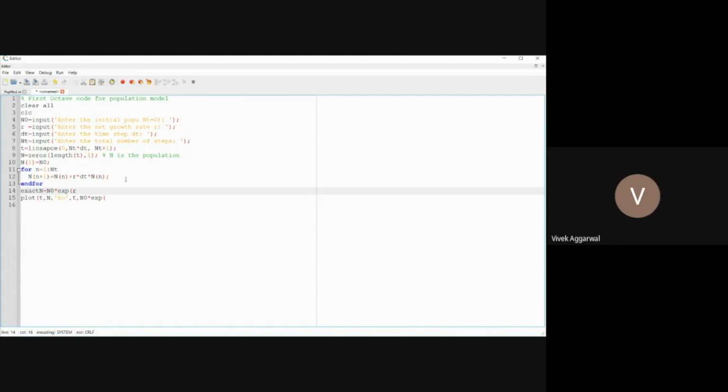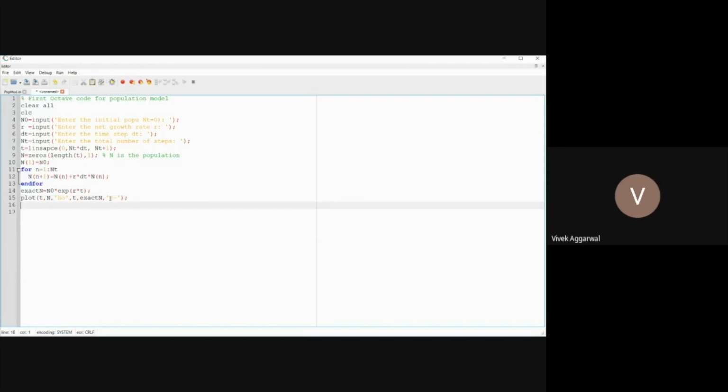So r is a constant here, multiplied by t, because that is the solution. We know that this is the exact solution. So once I get this value, I will put here exact n. Then I want to plot this with red negative, this value. This is my plot function.